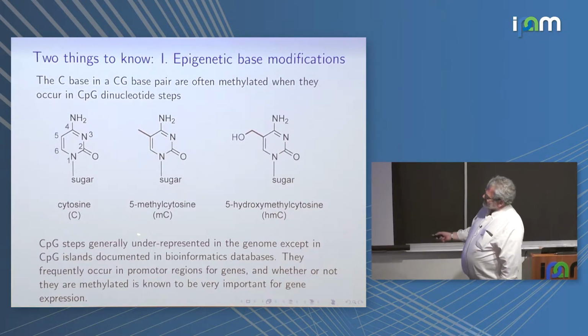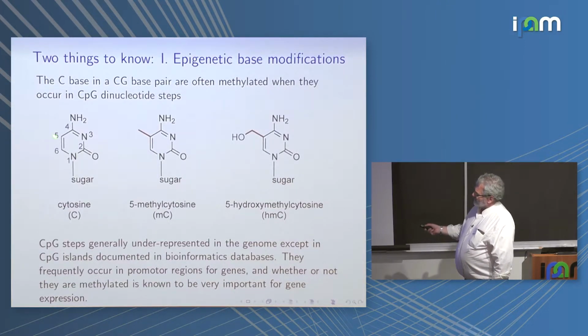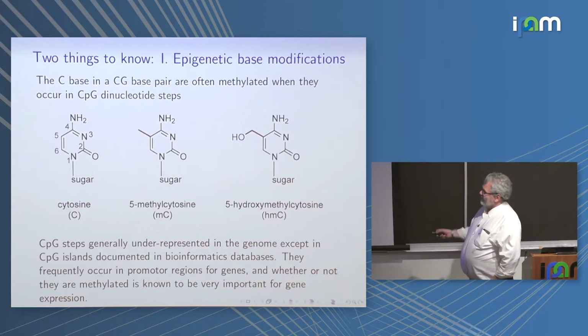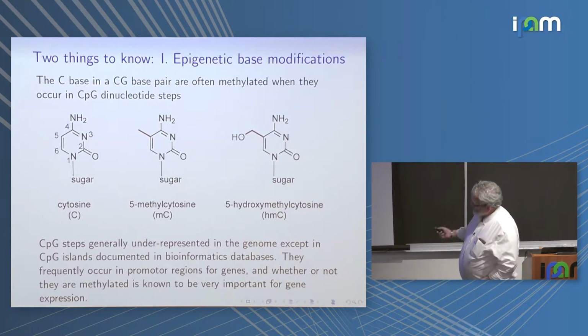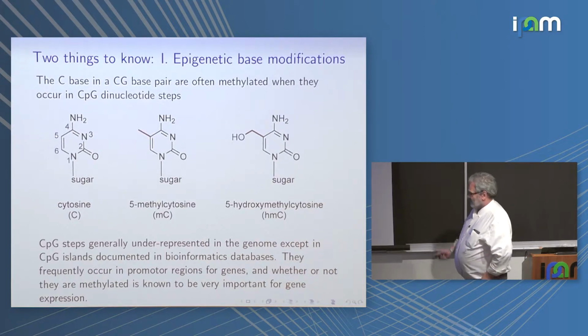So this is a cytosine, this is the atomistic detail, there's conventions, the corners are carbons, they're labeled around this way. So there's something called methylation, 5' methylation. You replace a hydrogen there by a carbon and 3 hydrogens. So that's an addition of 3 atoms, and you change a C to a methylated C, and that's what we denoted by M. There's lots of other epigenetic modifications, which I'm not going to talk about today.